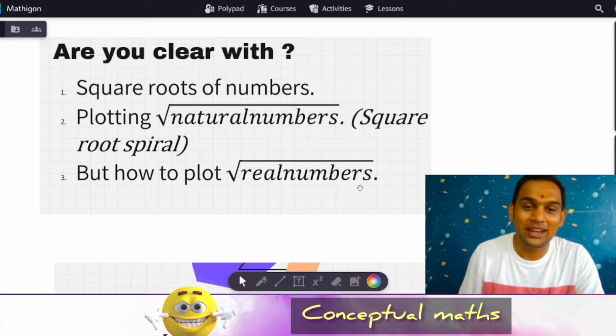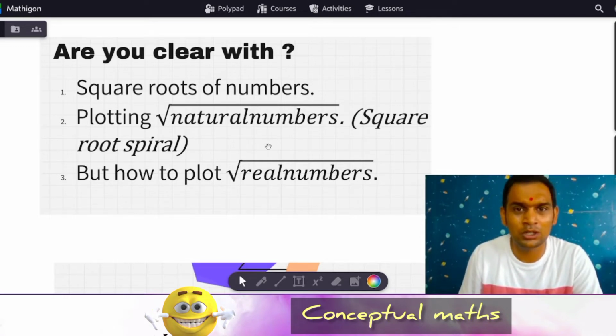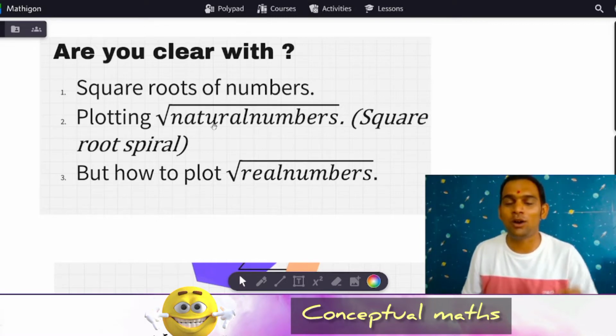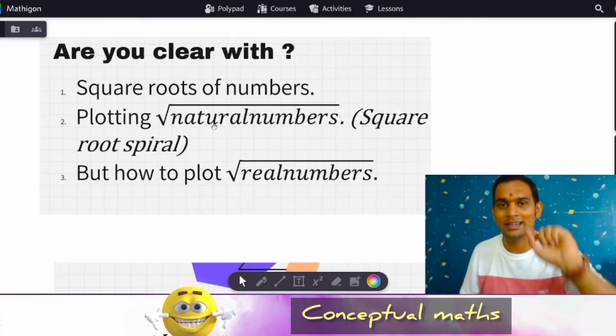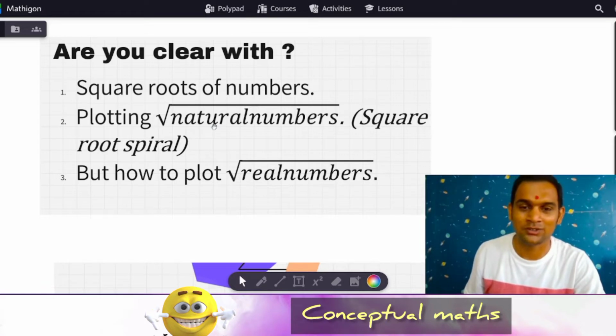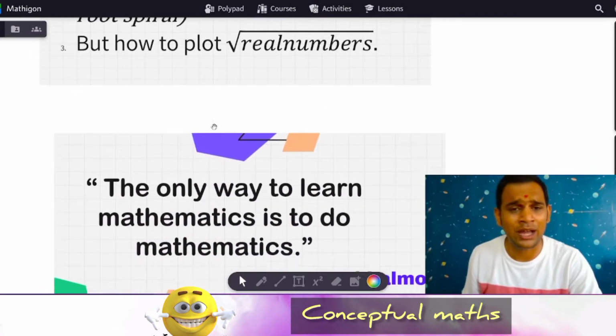Okay, then I hope you are clear with plotting natural numbers. I guess in the second or third video, we discussed this concept, the square root spiral, which I showed you with Geogebra as well. But then comes the question, how do we plot real numbers? That is what we're going to discuss now. Before that,